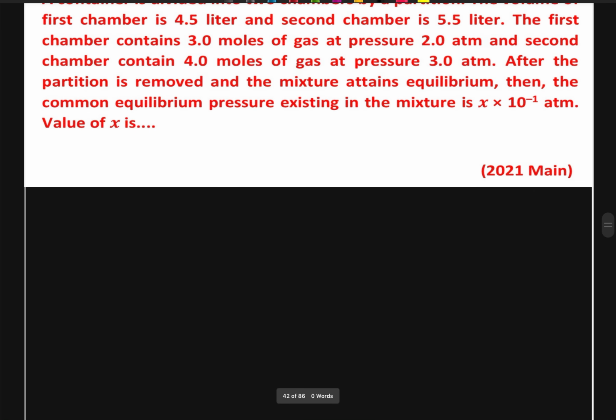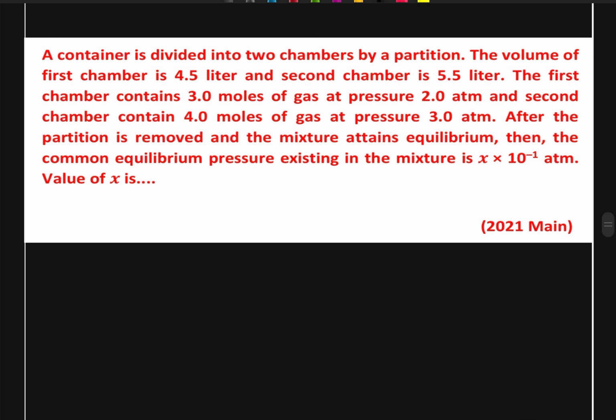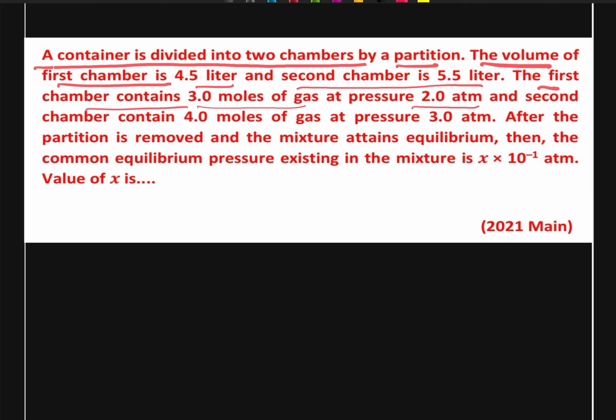Next question. It states that a container is divided into two chambers by a partition. The volume of the first chamber is 4.5 liters, the second chamber is 5.5 liters. The first chamber contains 3 moles of gas at pressure 2 atm and the second contains 4 moles of gas at pressure 3 atm. After the partition is removed and the mixture attains equilibrium, then the common equilibrium pressure existing in the